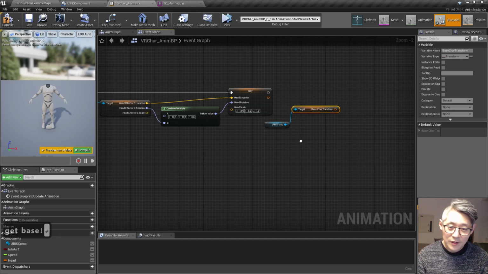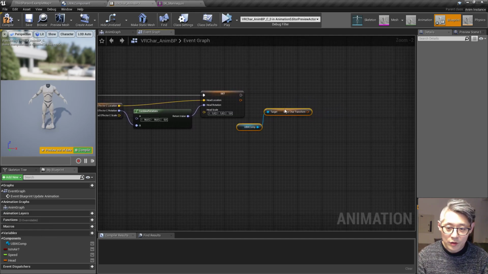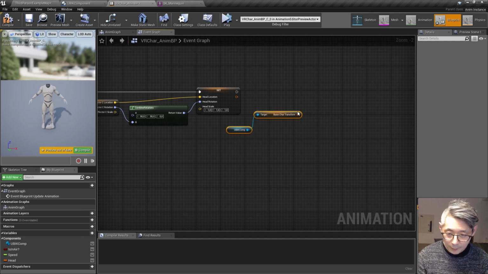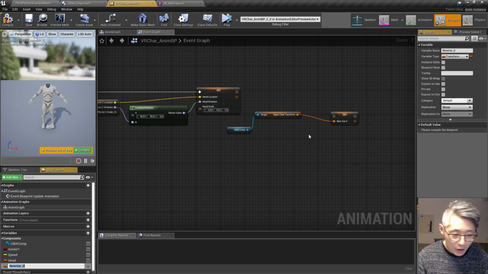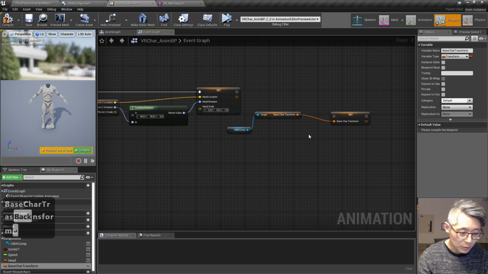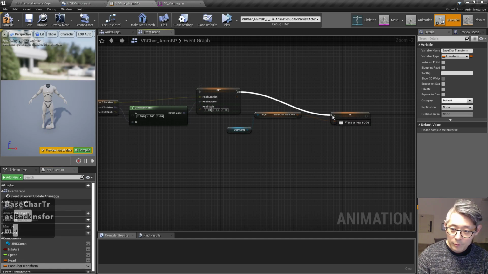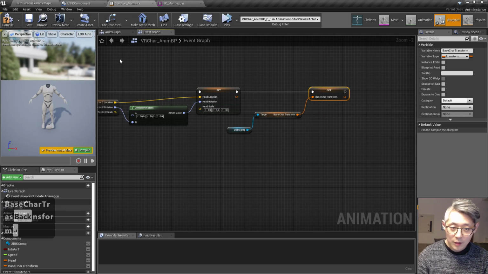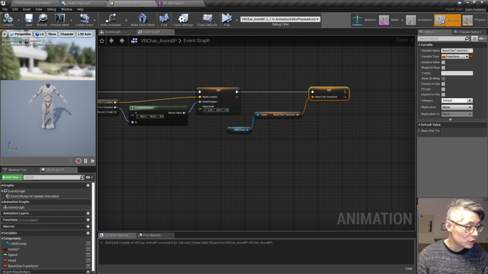So just like to get it instead of calling a function on the UBIK component. It doesn't really matter, but yeah. Promote to variable, call it the same, base char transform. There we go. So now we have that available to us. And now we're gonna start off by setting these